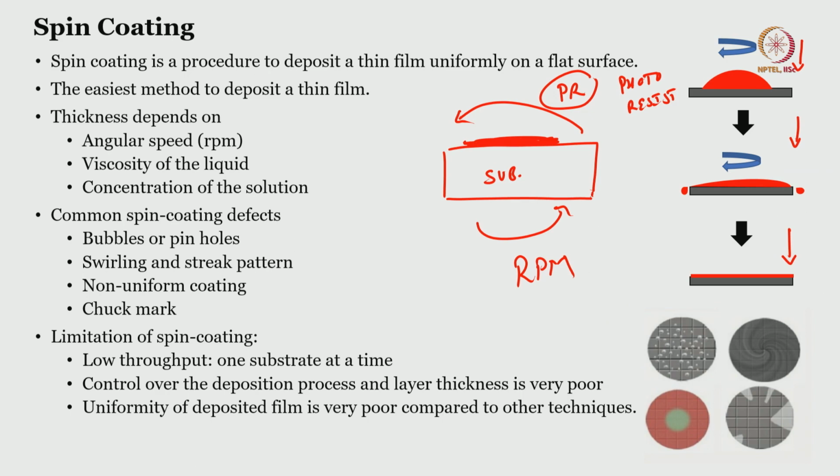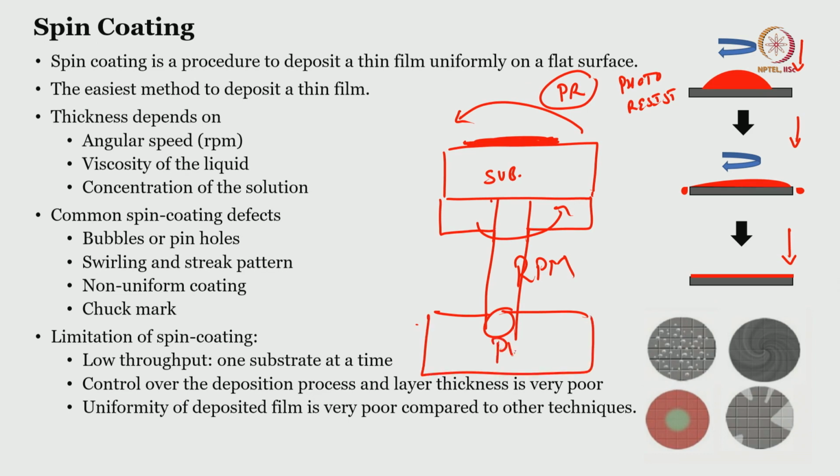Now if you spin the substrate, the question is why it will not fly, right, because the substrate is kept on a chuck and the chuck is with a vacuum. So, the substrate is held by a vacuum and then it is rotated. In very simple terms, this is kept on a chuck like this and then there is a vacuum. This vacuum is created with the help of a pump. Now, if you rotate this whole rotating chuck, including this spindle, it rotates, there is a vacuum that is created and the